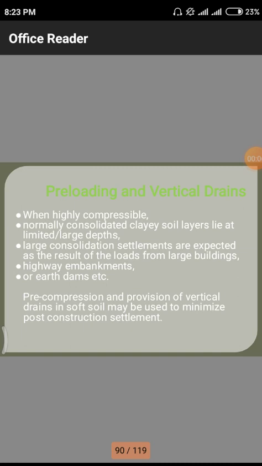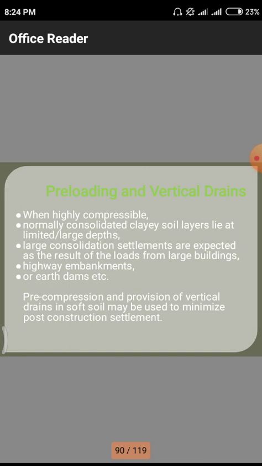In the previous class, we discussed these preloading techniques. That means at a site itself, we need to apply these kinds of preloads, and we have to employ these vertical drains on particular fields for dewatering purposes. Whatever water is stagnant on a particular field, we need to remove the total water at a particular time, so we use these preloading techniques and dewatering methods to remove the total water present on the field.